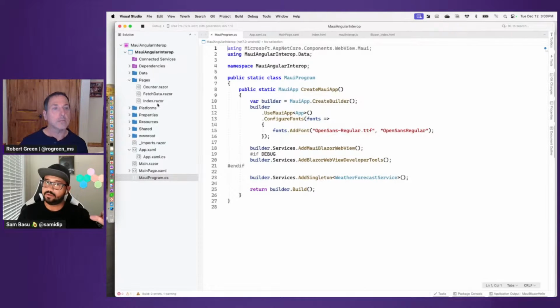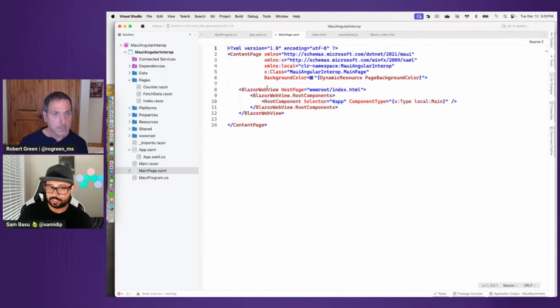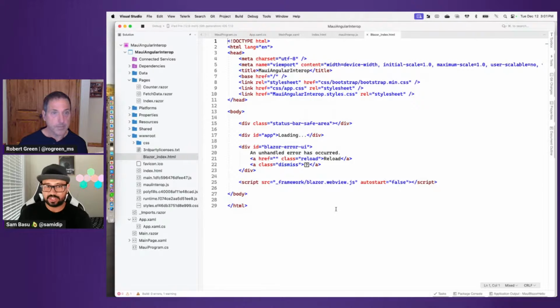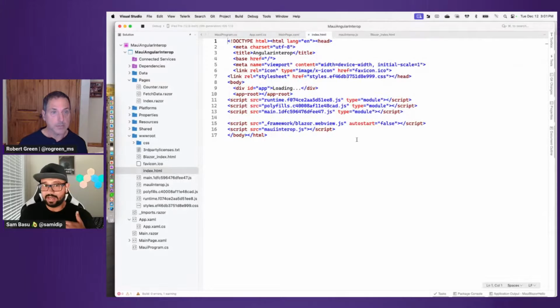These are all the Blazor UI components, but I'm actually not using them, because if you look at my MainPage.xaml, this is still using a Blazor web view, but I'm not rendering Blazor. I'm actually not utilizing this second line of code, because I have already given it this index.html, which kind of circumvents the whole process. This is the index.html that Blazor likes to use, which has the Blazor div tag and some of the Blazor dependencies. This is the index.html that I am using, which actually has some of my Angular things built in. So my polyfills, my things. And I dropped all of my Angular built things right in here inside of my Maui project. So that makes it easier.